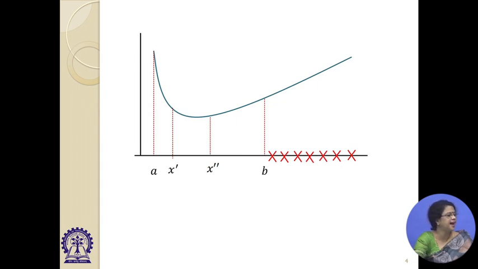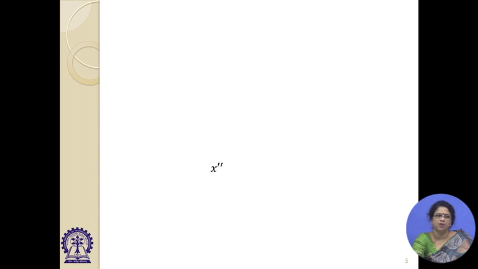What we could see is that from a to x prime the function is increasing, and we are not able to see the difference, we really do not know what will happen from x double prime to b. That is why better not to discard that interval, let us discard the interval a to x prime, because we are sure minimum cannot lie there. That is why we are discarding this, and my next interval of uncertainty would be this one. Alright,